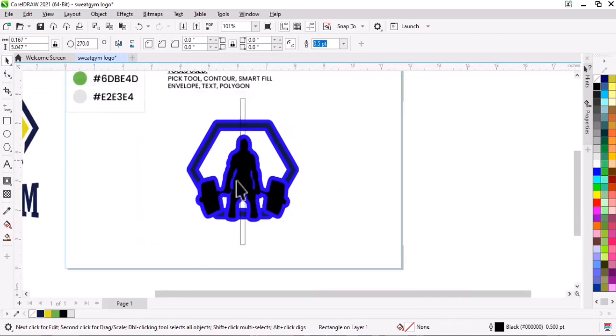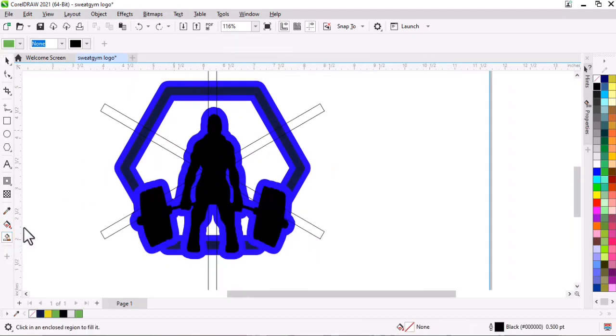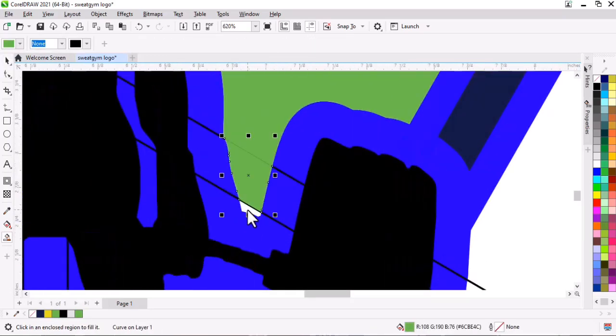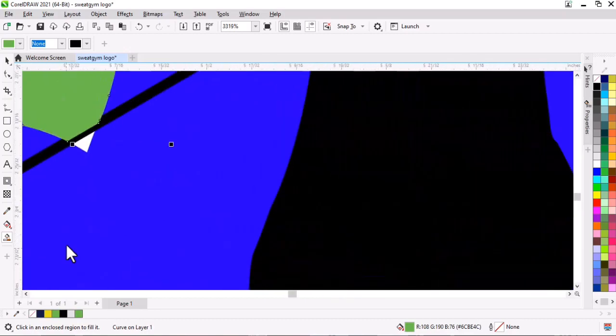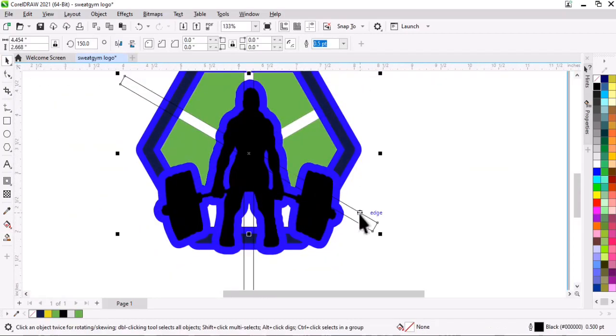I'm going to duplicate this by holding my left click to rotate and then right clicking it immediately to duplicate that at an angle of 45 degrees. I'm using my Smart Fit tool here to create a new shape from those regions. Okay, alright, just like that. So I'm deleting those